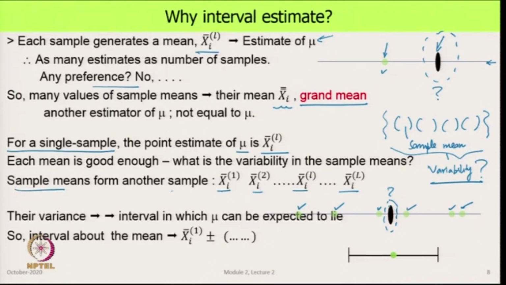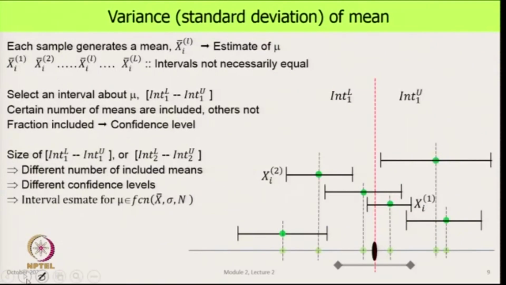So, in the end, what we end up doing, we say that, look, about any one of these sample means, I will specify a range, and I will tell you that at a certain confidence level, mu lies in this range. This is what we actually want to do, because from there we will see in uncertainty analysis, we connect that with the standard error. So, our final result will be of this form, that the population mean mu lies in a certain interval, and we will see this at a particular confidence level. So, with that, let us see what happens next.